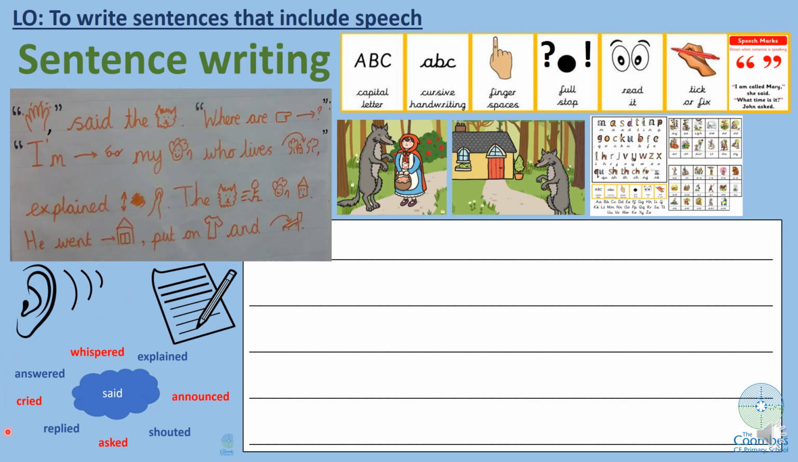Down here I have got all of the synonyms for said that were on the last page, but remember that you can use your own synonyms for said as well. I've also got pictures to help you remember what happens in the story, and your sound map to remind you that you need to use your sounds as much as possible to help you with your spellings. So when I'm writing, I need to look at my text map carefully, and it starts with the punctuation. So I need to use my pen,